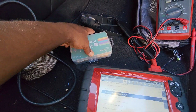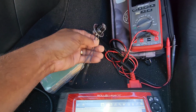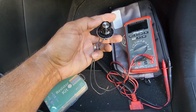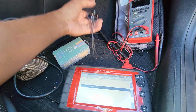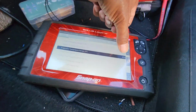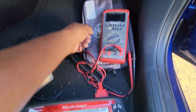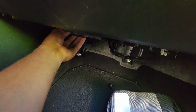So in order to figure out what it is, I bought this potentiometer. I soldered some wires to it, and I can turn it and change the resistance on it. I'm gonna hook that in line to where the sensor hooks at, and then we'll try and see once we get it into a good spot, where the AC is blowing cold, then I'll unplug this from it and then check the resistance on it with my multimeter, and then we'll know what resistor we need to put in line. So if you look up under here,